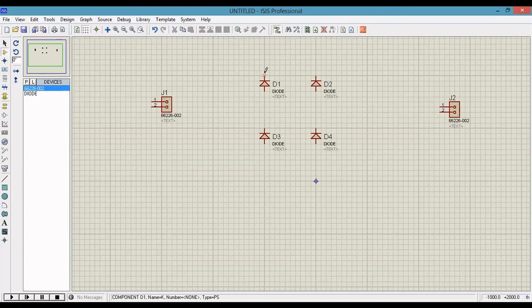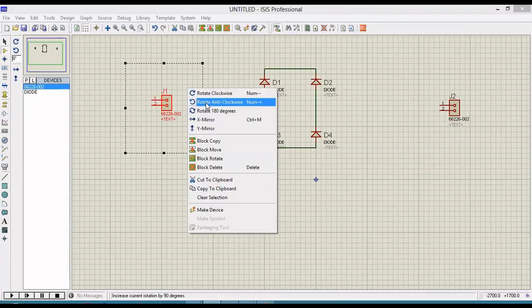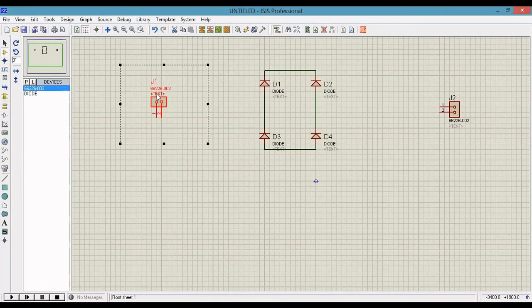One for input, another one for output. Next, you rotate this input connector. First, you make this connection. Now the input is connected to the circuit.